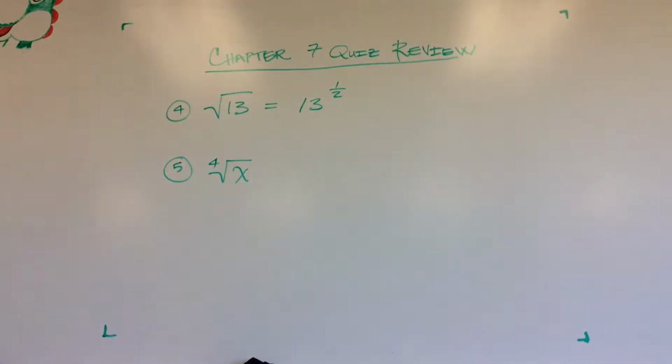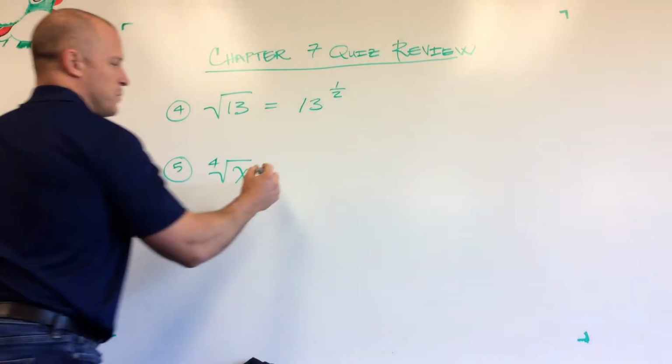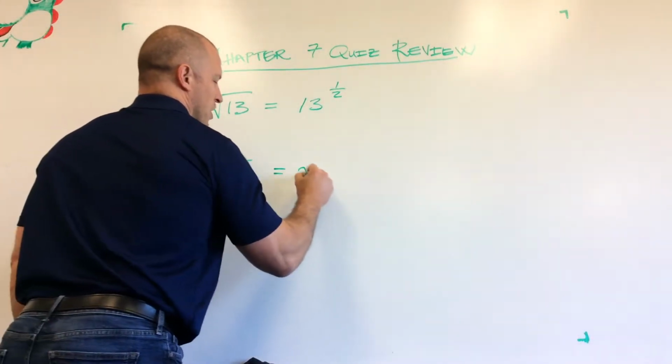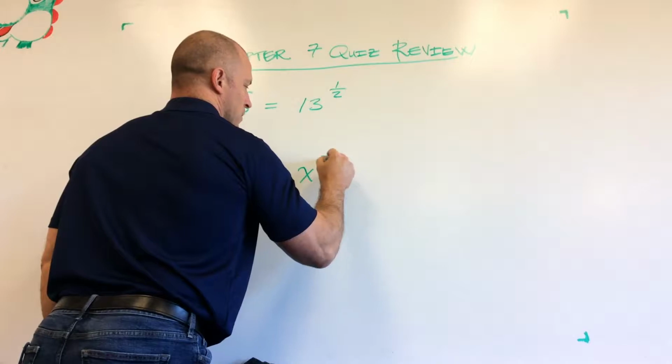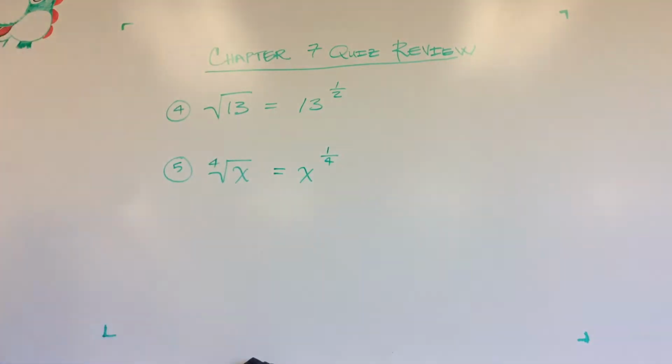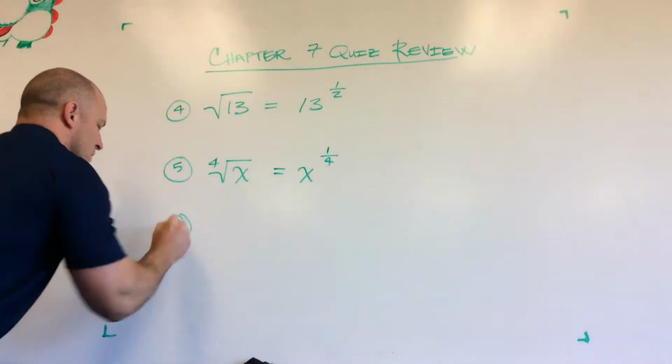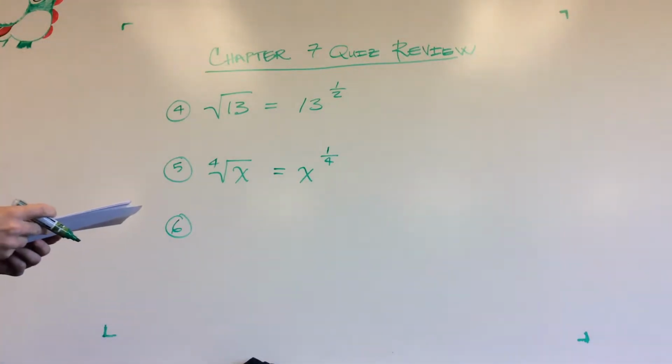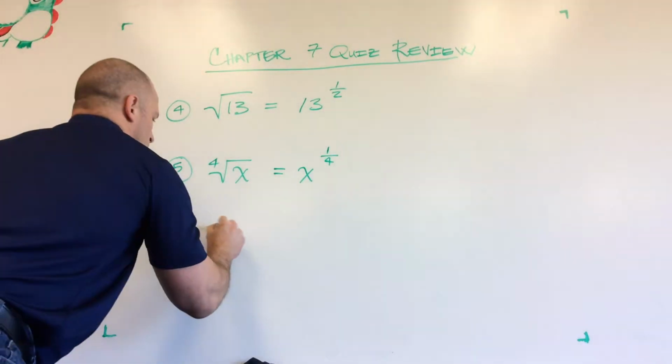On number 5, we have the 4th root of x. The index of 4 is going to become the denominator of the fractional exponent. And again, the power of x will become the numerator of the exponent. We have x to the 1/4. In problem 6, they give us the following. We have the 4th root